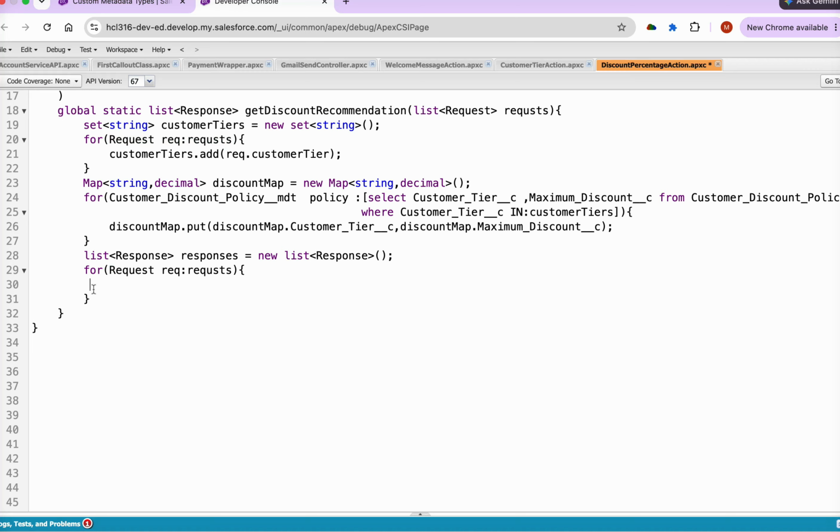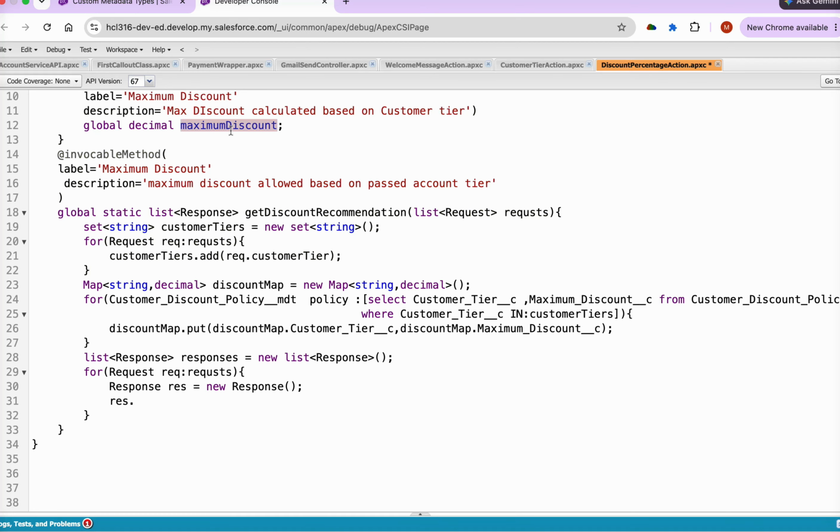Okay, now first before sending it, let's just create an instance of the response. Because it's a wrapper class, you'll have to create an instance and then assign value, and then response.maximumDiscount, copy it directly from here, is going to be, and then get the value from our map, discount.map.get